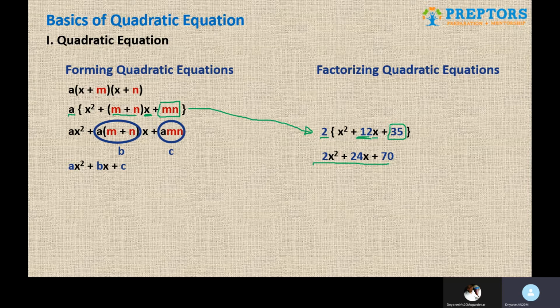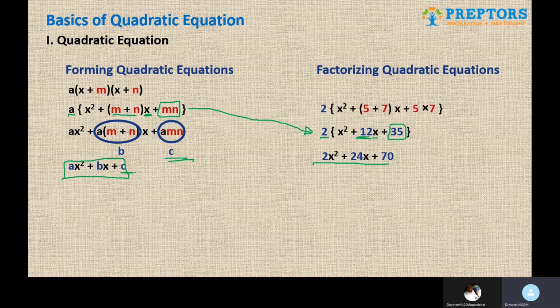So what we are actually looking for is two numbers which have the sum as 12, which is m plus n, the coefficient of x, and the same two numbers need to have the product of 35, which is the constant term, which is c on the left side, because this is the standard form of the quadratic equation. C is the constant term, remember that. So 12 is the sum and 35 is the product of the same two numbers. The numbers are very easy: 7 and 5. So m and n are going to be 7 and 5.